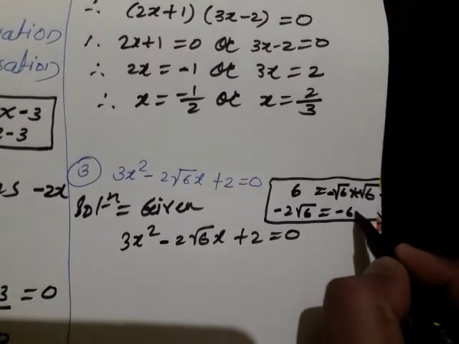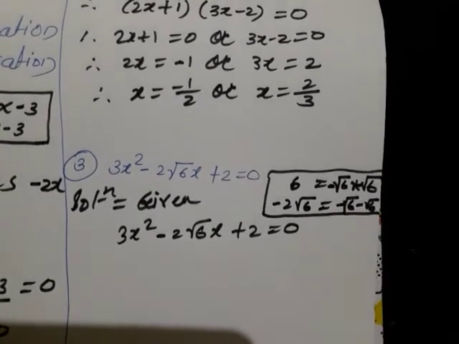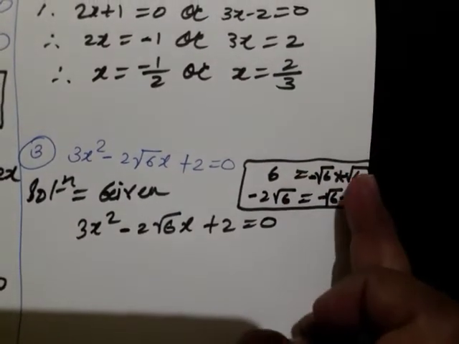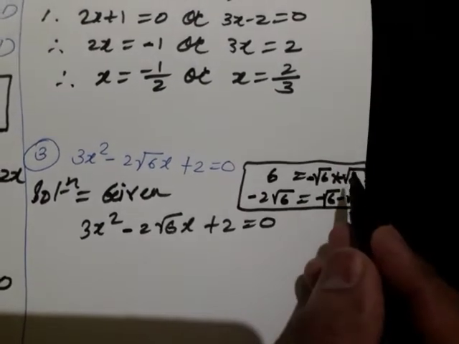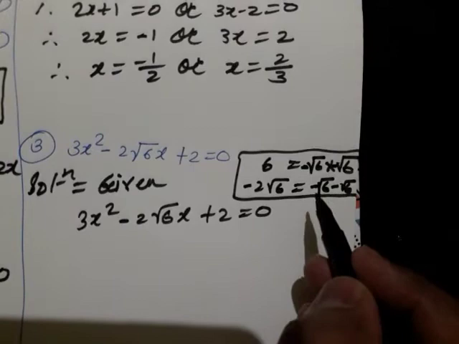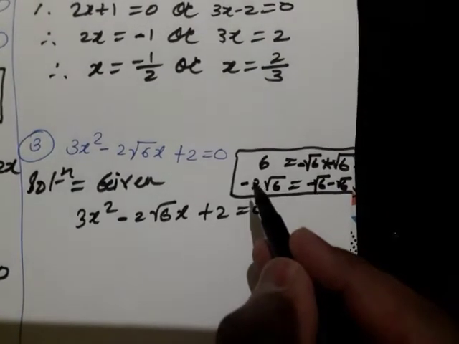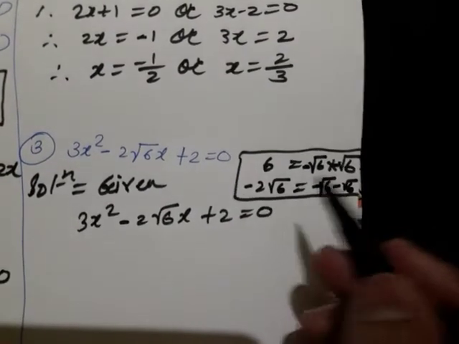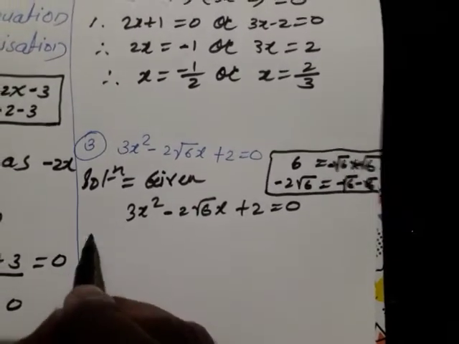And minus root 6 minus root 6, if we take, क्या लिखा है देखो इधर, ध्यान से देखो, minus root 6 into minus root 6 is plus 6. How we will get plus? Minus into minus is plus. Root 6 into root 6, 6. Okay, minus root 6 minus root 6, minus 1 minus 1, how many? Minus 2. And what with minus 2? Root 6. That's why minus 2 root 6. Are you getting? Those are the factors. I will write here.